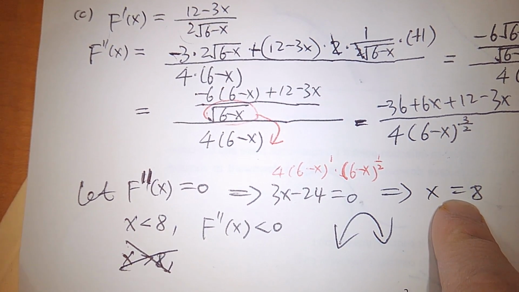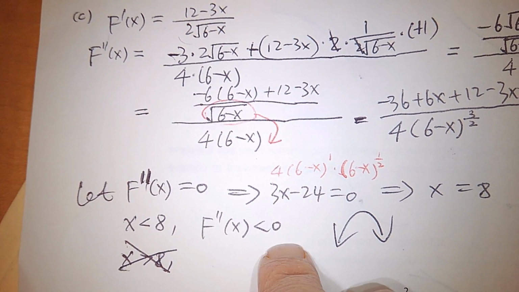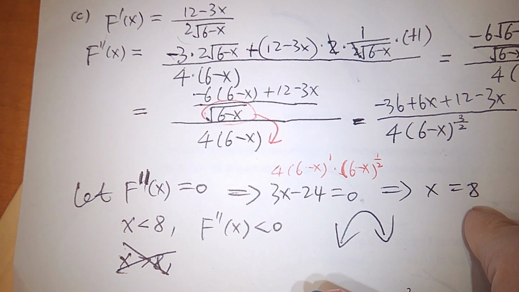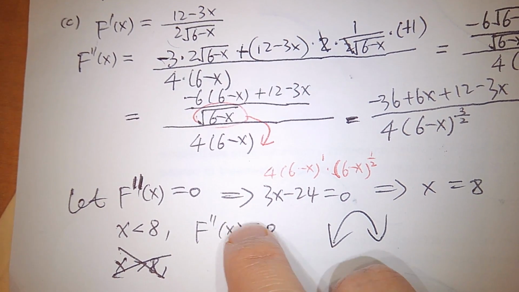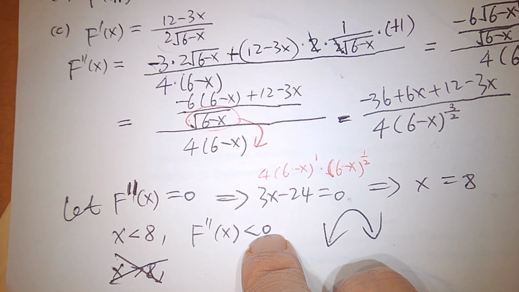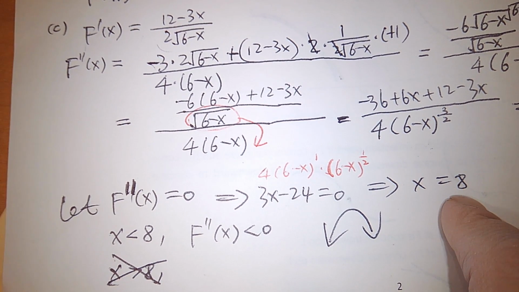Inflection points. Inflection point means the sign of f prime prime might change sign when x equals 8. So we call this number might be an inflection point or not, only if the sign of f prime prime changes signs. But here we only have one side. We don't even have an x greater than 8. So x equals 8 is